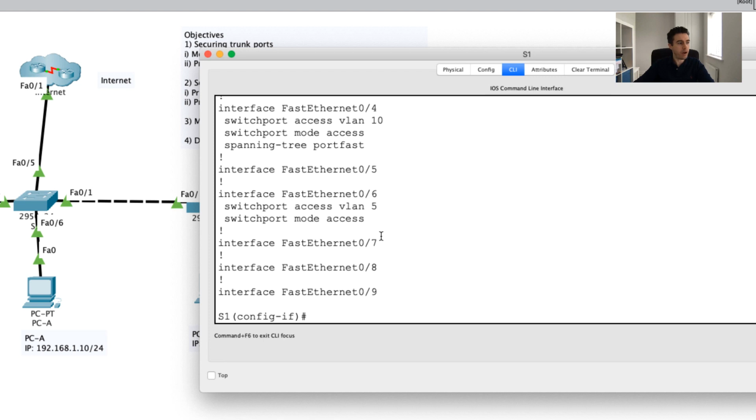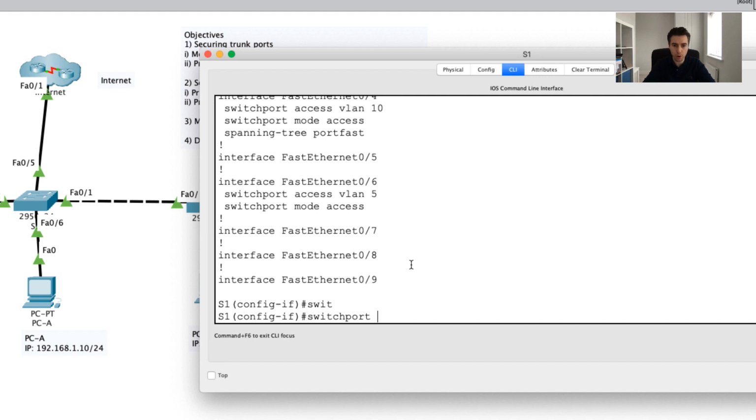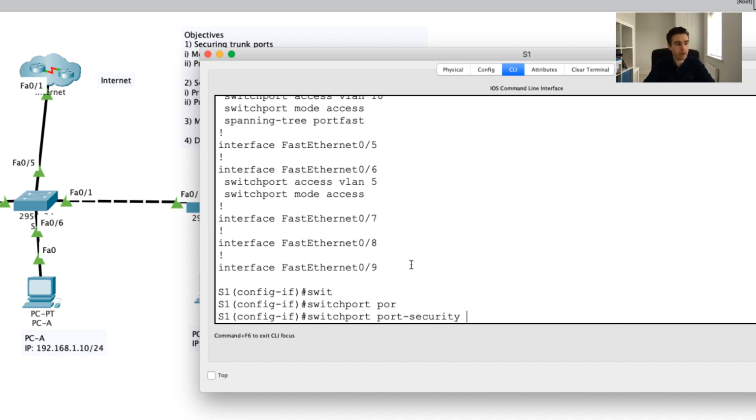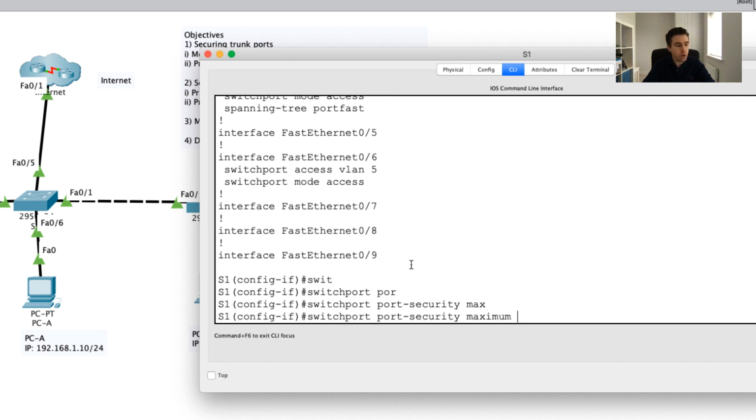So what we're going to do now, guys, is continue on with this configuration. But now I'm going to set up some more details here. So what do I mean by more details? Well, under this port, I'm going to say switch port security, and I want to allow a maximum of 2 MAC addresses. And once I find and register 2 MAC addresses, if a third MAC address